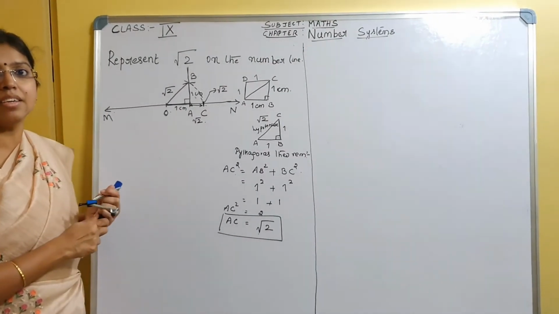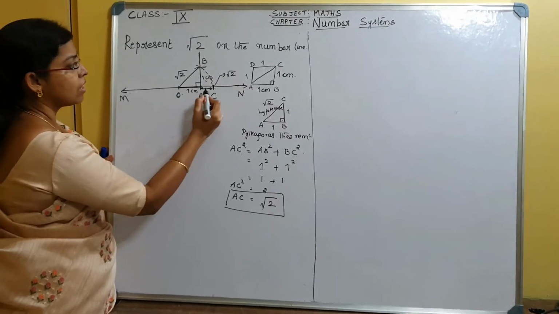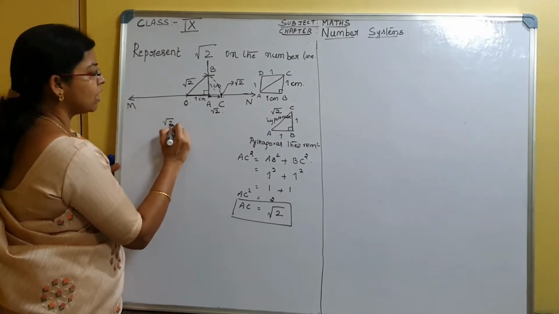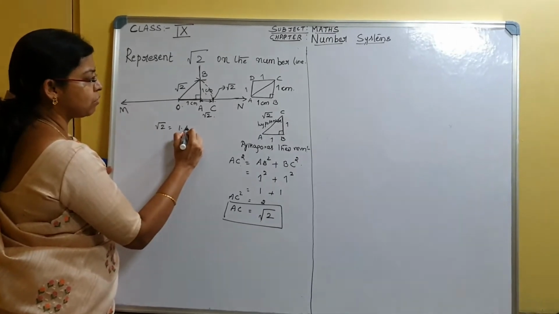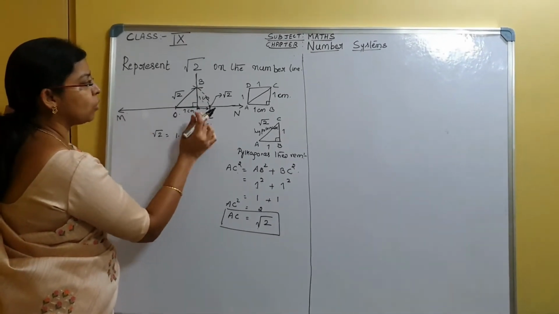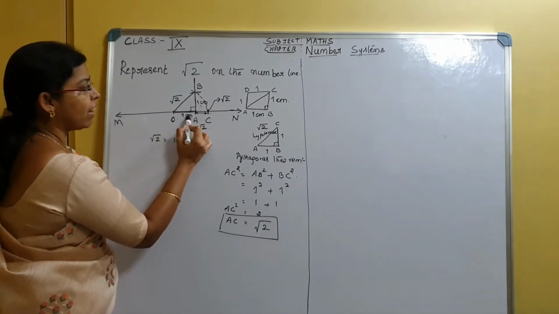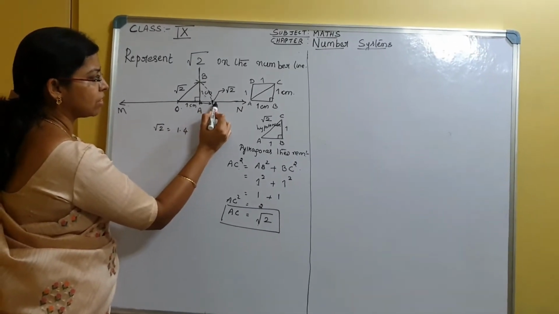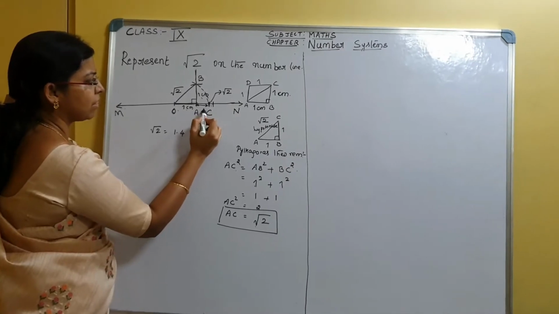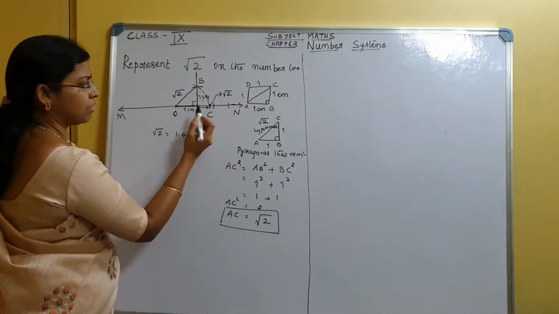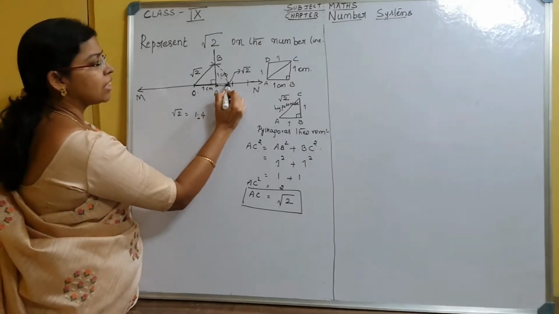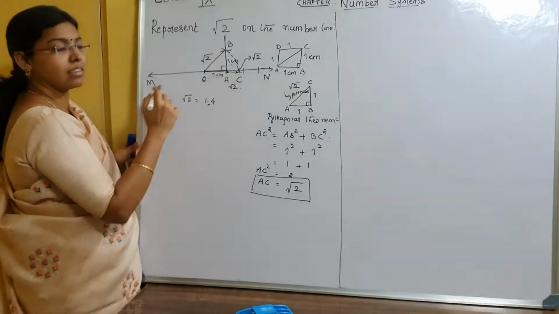And we have seen that. So when we say root 2 is this point, what is the value of root 2? It is somewhere around 1.4. So if you measure from 0 to A will be 1 centimeter, and here this will be 0.4 centimeter. This will be 1.5, and here it is 2. So it should be somewhere around 1.4. Then it is correct. Okay.